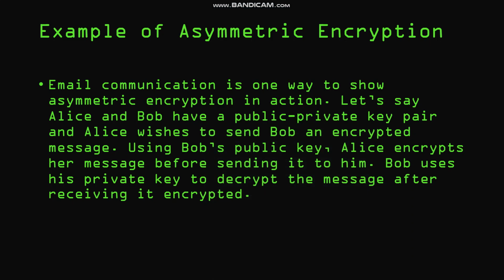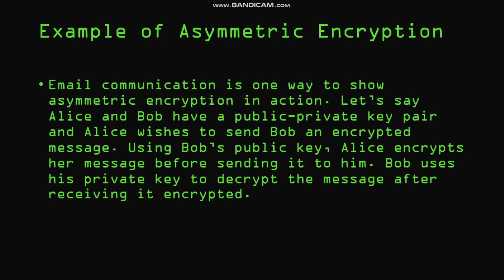Okay, for instance, Alice composes and encrypts an email for Bob using Bob's public key. She follows up by sending Bob the encrypted email. After receiving the email, Bob uses his private key to decrypt it so that it may be read. As a result, Alice can communicate with Bob securely without being concerned that the message content will be viewed by someone